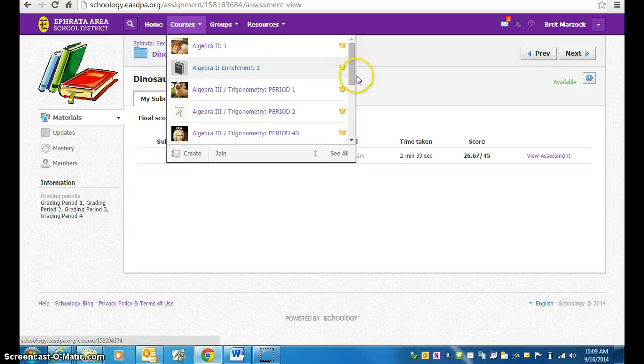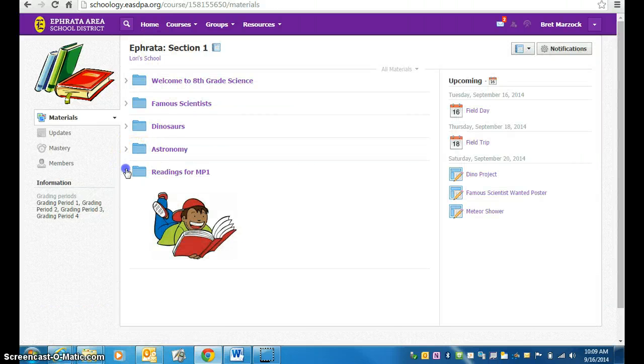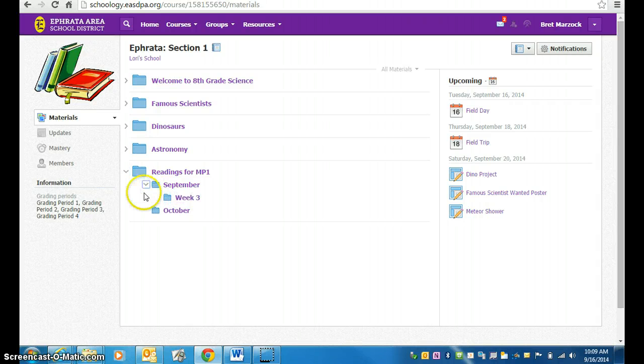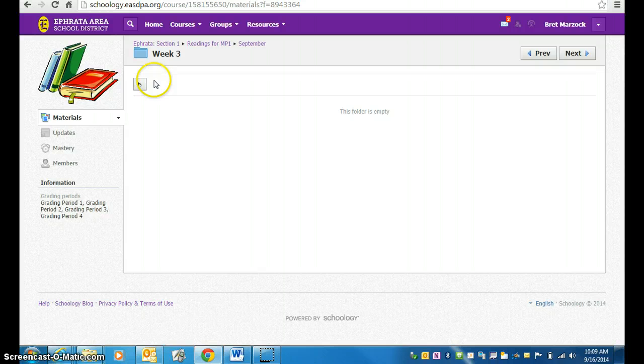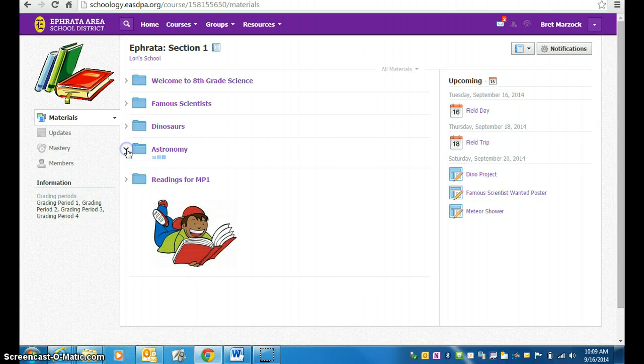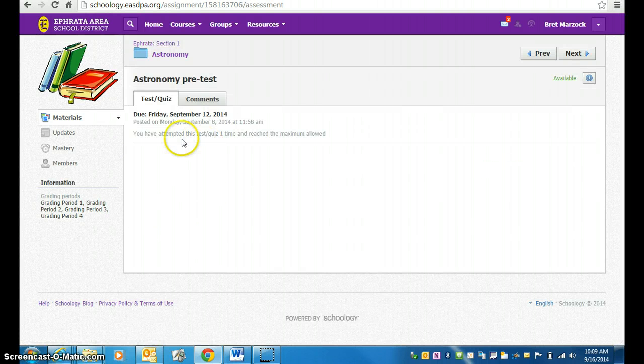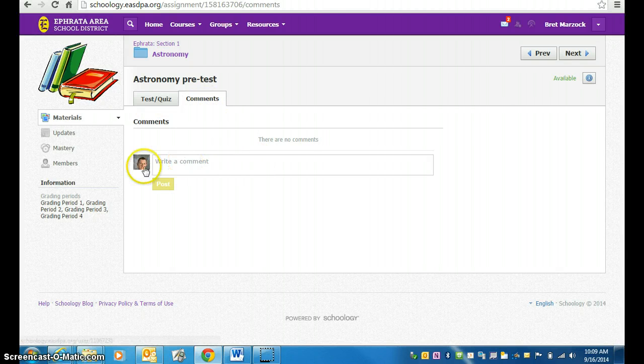Other than that, trying to see if there is a quiz. I don't think that she has a quiz available for me to try to take, so you could see another quiz just from the perspective of a student. So it doesn't appear as though that is present right now. There is another pretest, but it says that I have already attempted the pretest, so I am unable to see it. But anyway,